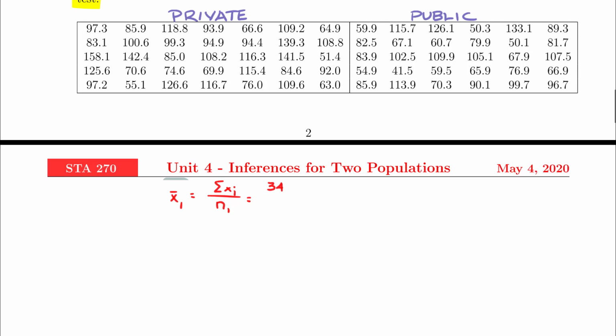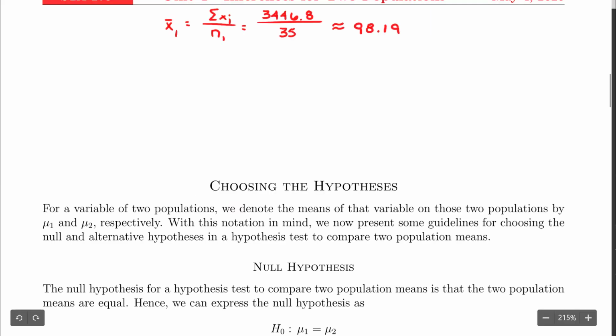So here for the private institutions, the sum of the values is 3,446.8. Our sample size is 35. So that gives us a sample mean of 98.19. For our public institutions, we would compute the sample mean, and we're just adding up all the values from the data set divided by the sample size. And here we would have 2,495.4. Sample size is 30. We simplify that, we get